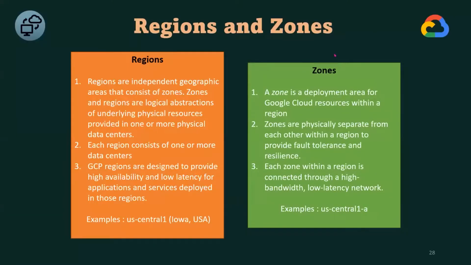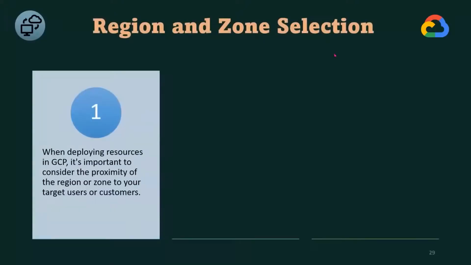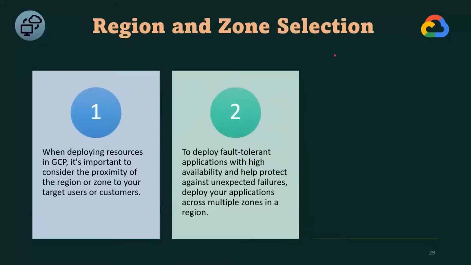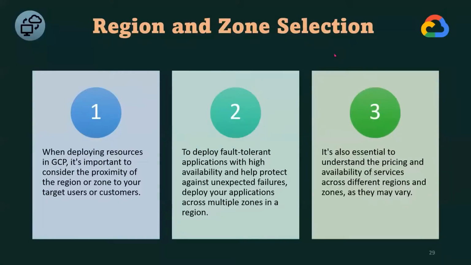An example of a region is US Central 1. An example of a zone is US Central 1A. You will have it like this: US Central 1A, 1B, 1C. The selection criteria is always to deploy your application near your target customers. Deploy your application across multiple zones or multiple regions to help protect against unexpected failures, and try to understand